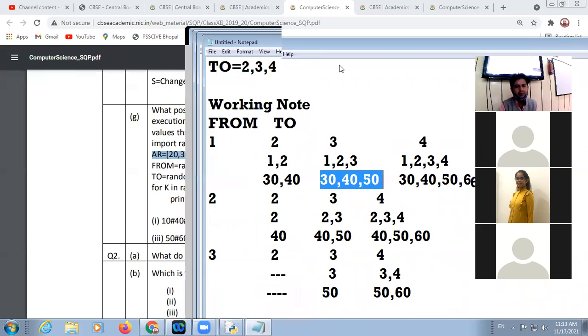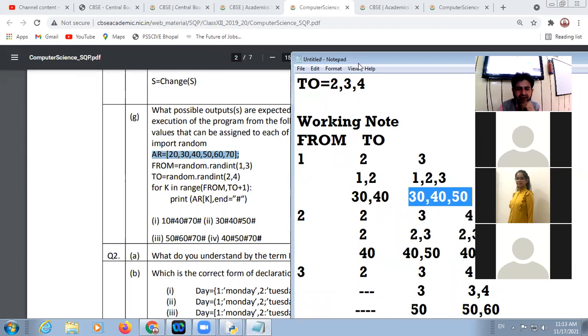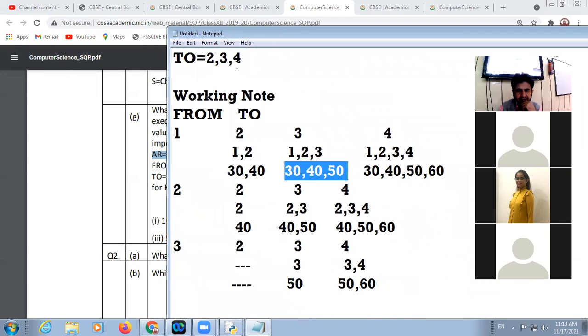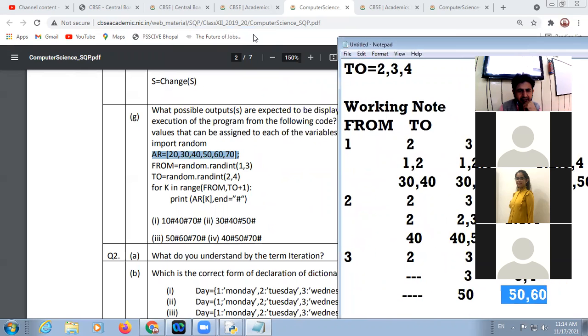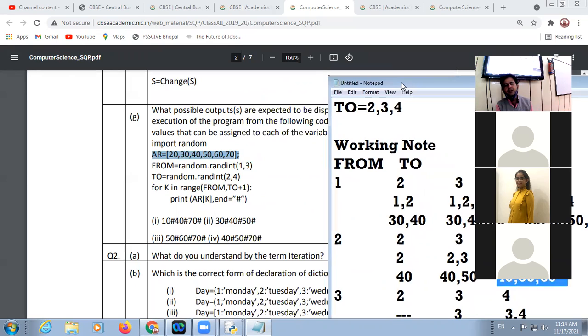Okay, so option number 2 is correct. Then 50, 60, 70: there is no 50, 60, 70. 40, 50, 70: 40, 50, 60 is there, but not 70. So here, option number 2 is the correct one.